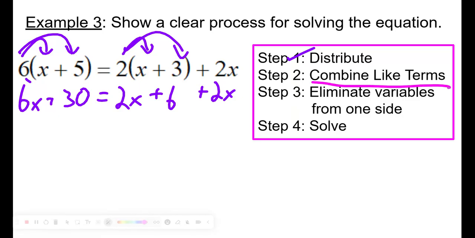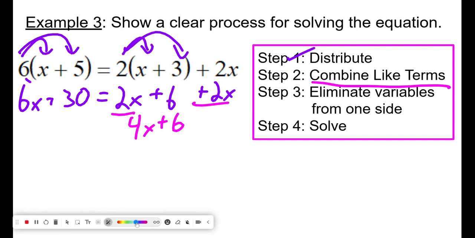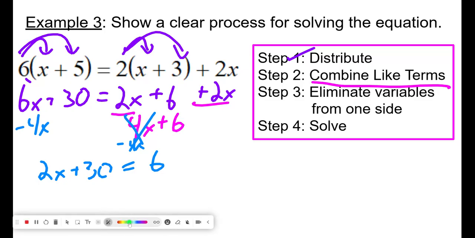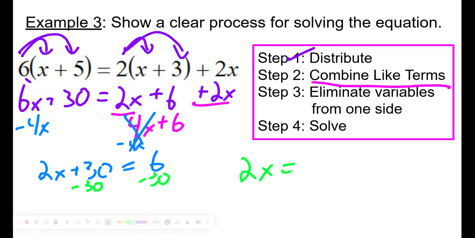Combine like terms. What can I combine? On the left side, that's all set, but I do have 2 like terms here. 2 plus 2, 4x plus 6. Eliminate the variables. Well, since I'm here, I'm going to subtract 4x from this part, minus 4x here. 2x plus 30 equals 6. That 6 is left over from right there. And I'm going to subtract 30 from both sides. 2x equals 6 minus 30